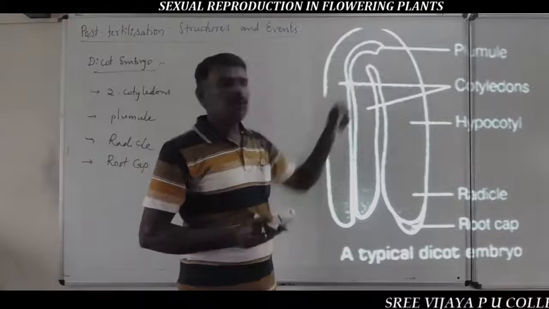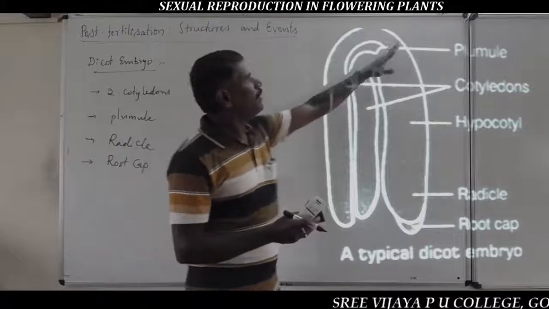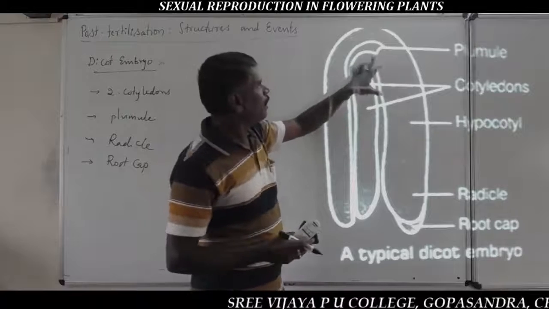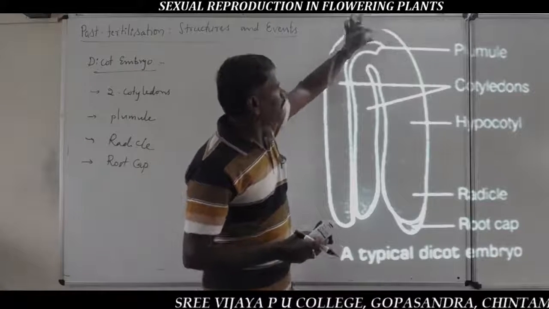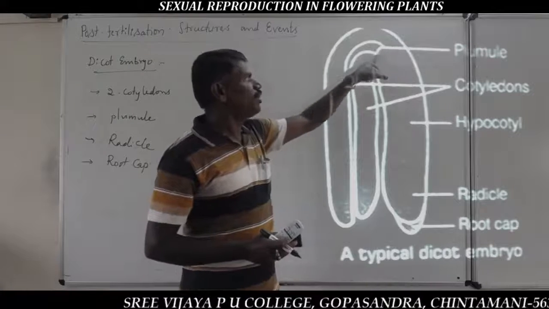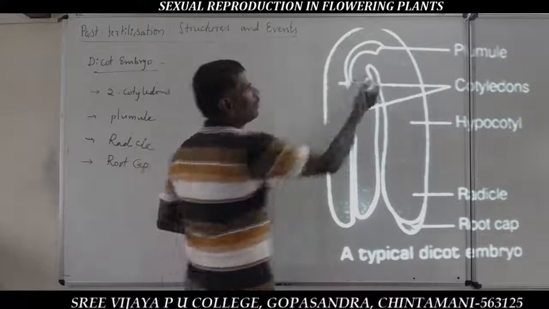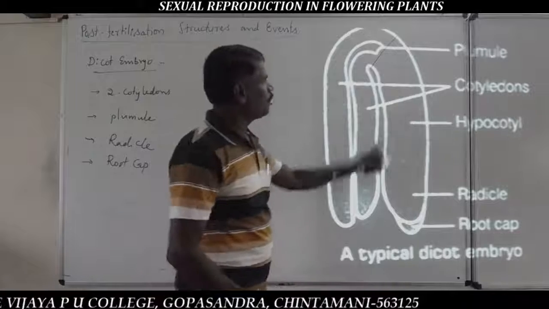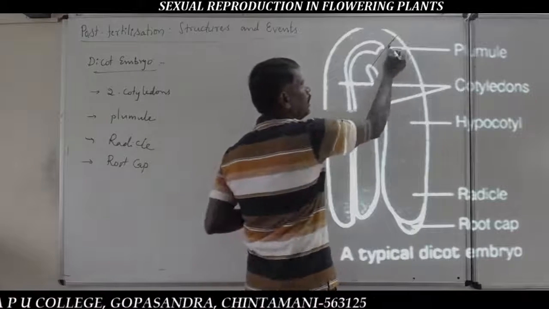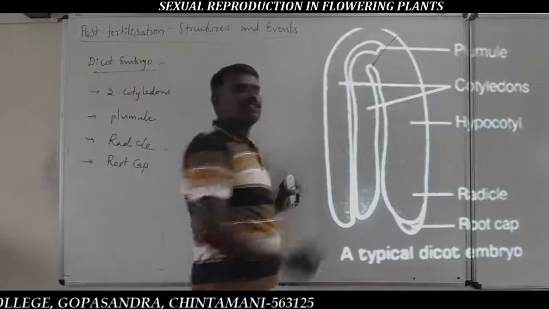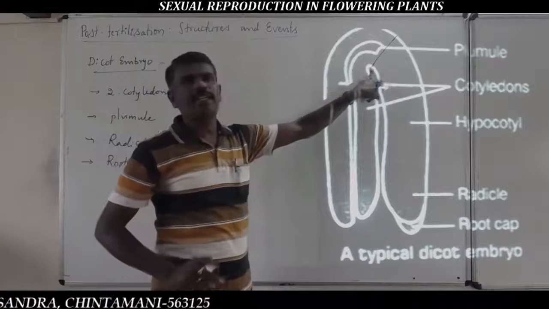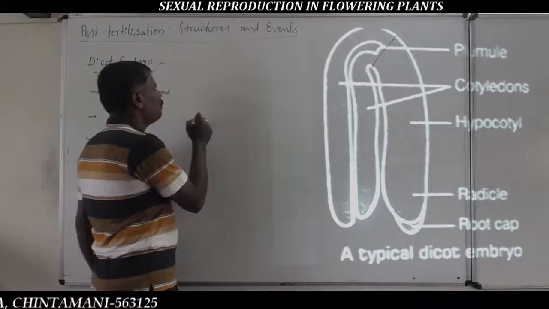In this embryonal axis, the level above the origin of these cotyledons, where the origination place is,